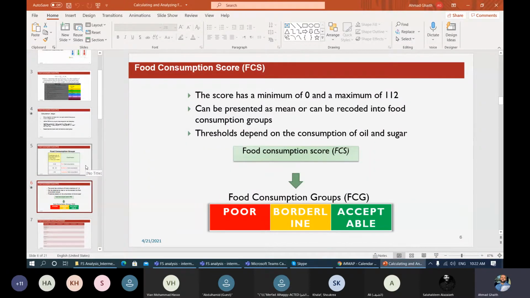So the range of the food consumption score can go from 0 to 112. So as you see, you can be quite a bit above 42, which is that acceptable line. And the line of 28 and then 28 to 42 is really meant to capture, and when we get into the calculation in just a second, you'll see why we choose that number. It's not just arbitrarily selected, but we think of it as a profile of a family's weekly consumption and what that would sum to in the math.